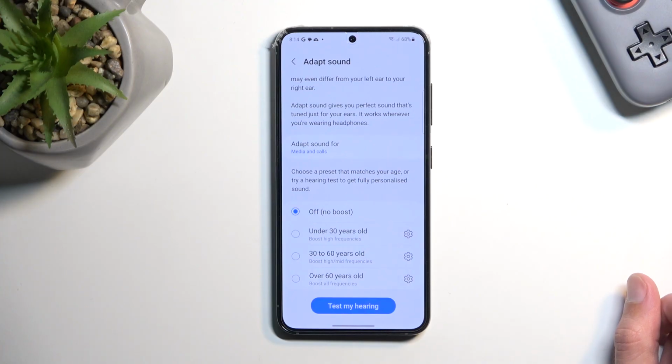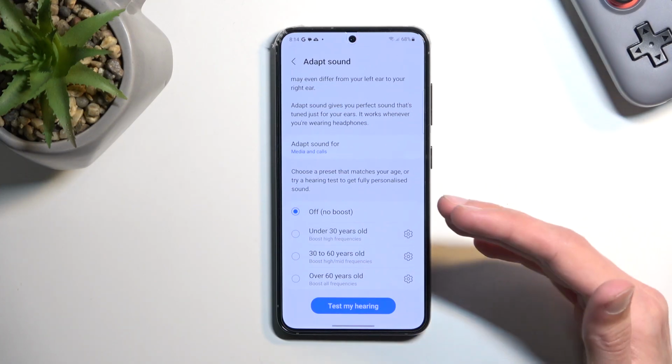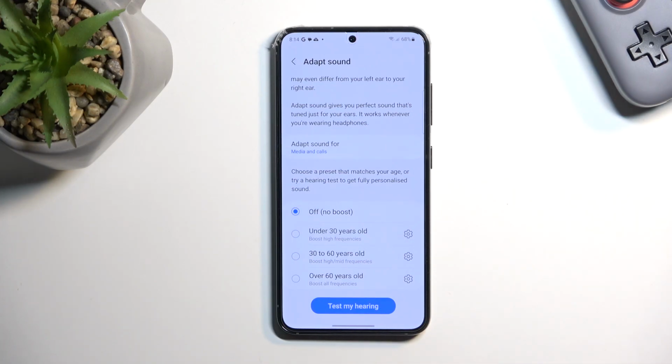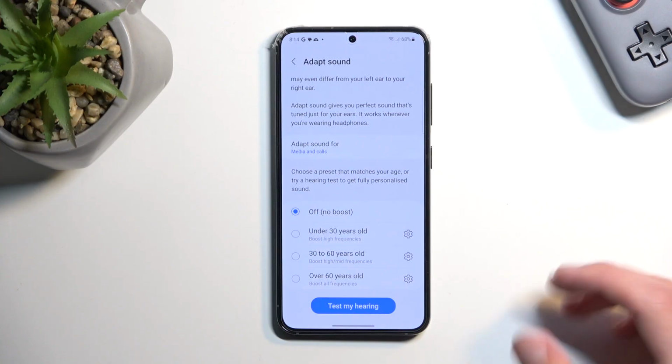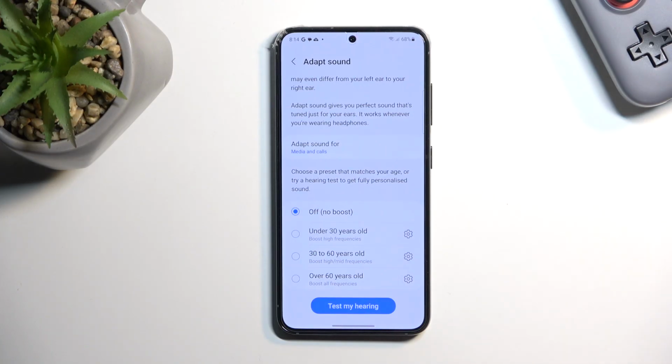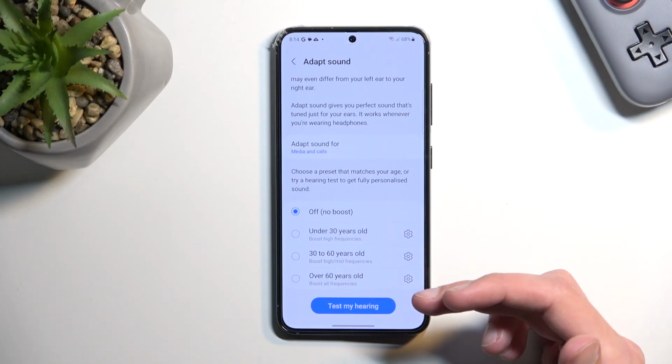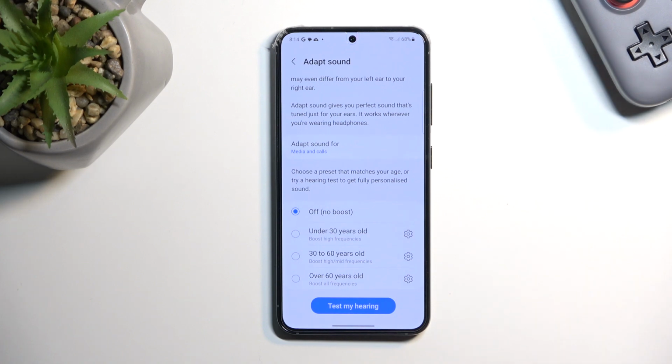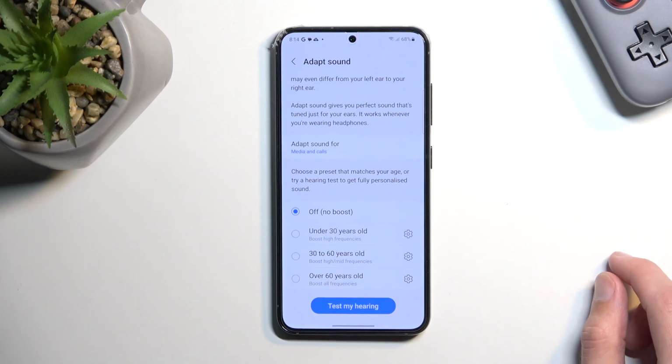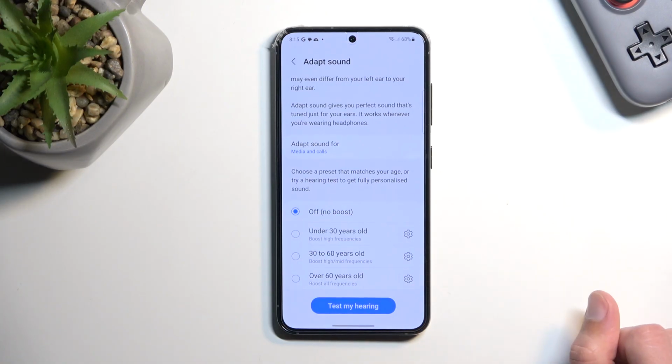But it might actually add some additional benefits if your headphones are of a lower quality, because what it does is it plays a series of sounds through the earphone. Now we do need to be in a really quiet, controlled environment. Put your earbuds in and then select one of these, or what I recommend actually doing is to test my hearing, which, like I said, will go through the playing of the different super faint sounds, a high pitch, a low pitch, and depending on if you can hear them or not, which you have to select, it will then